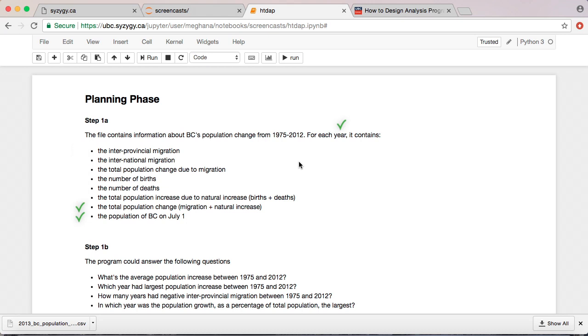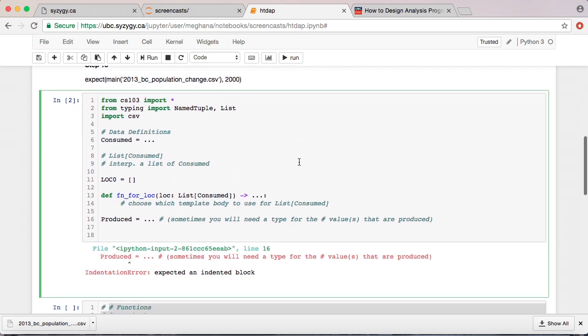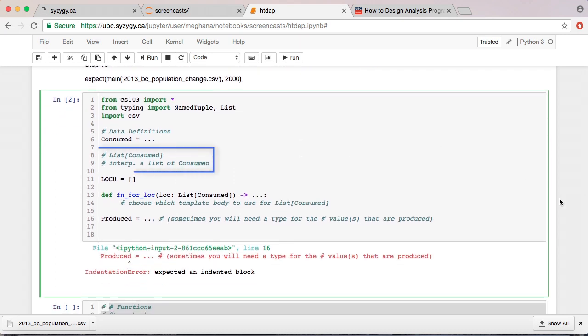We also need to store information from many years, so we'll need a list type as well. If we scroll down and look at our template for the data definitions, we can see that we expect we might need a list type. If we were trying to answer a different question, we may have stored different parts of the information in our program. If we wanted to change our program in the future and answer a different question, we may have to make changes to our data definitions and our function designs. However, since we're following a systematic process, we'll be able to make any changes systematically and smoothly.